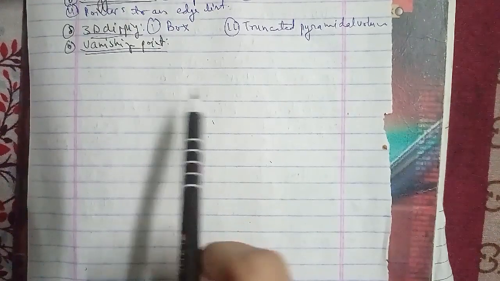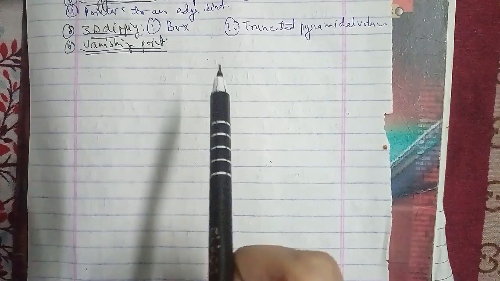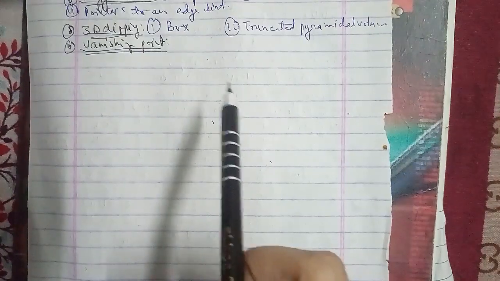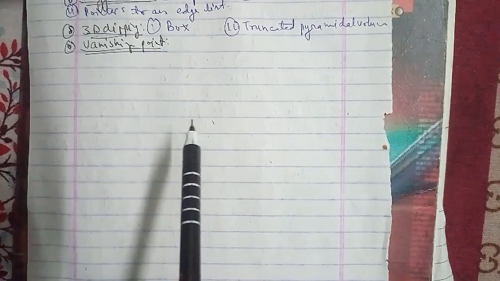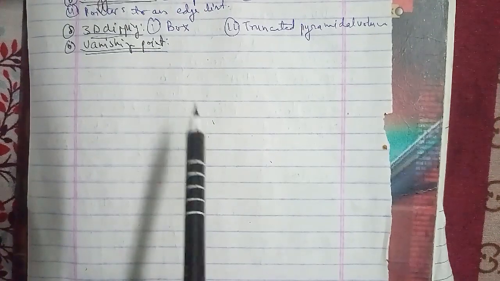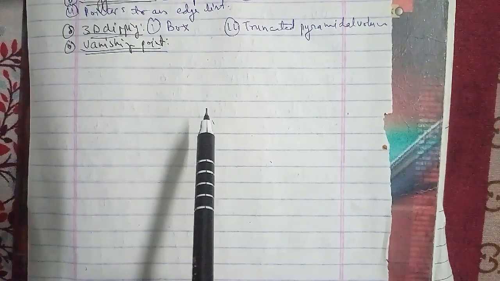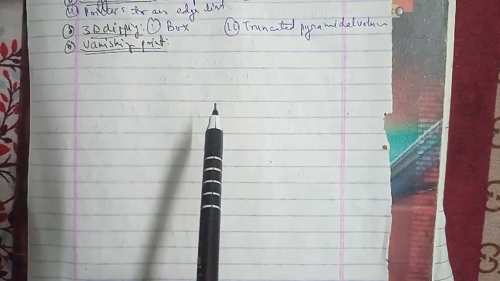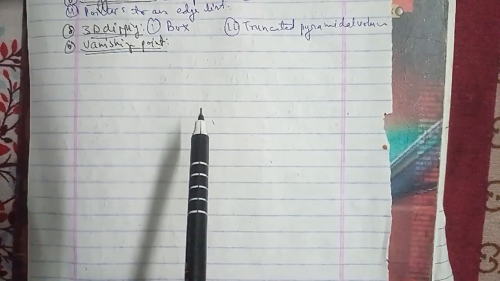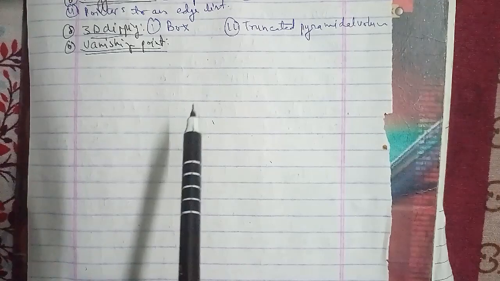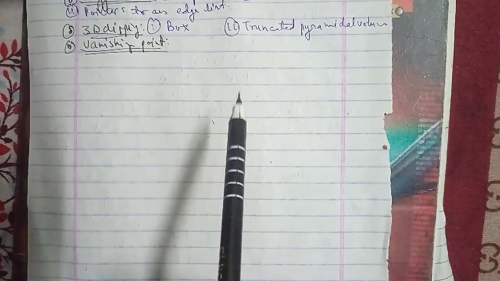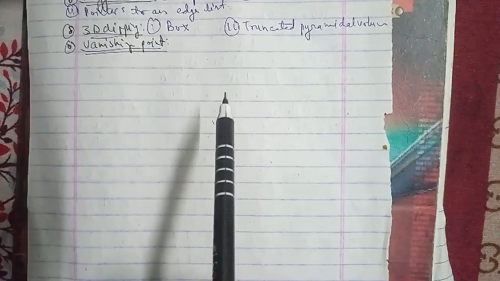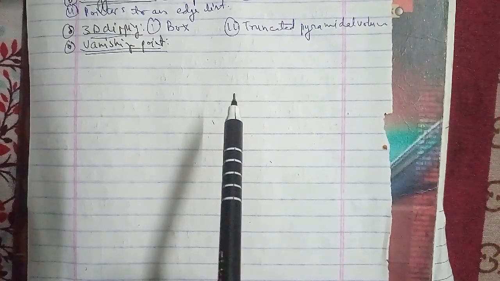Now we'll talk about some of the questions related to the fill in the blanks form, and that is also very important because it has been asked for 2 marks as well. The question is: front, side and rear orthographic projections of an object are called dash. The answer is elevation.